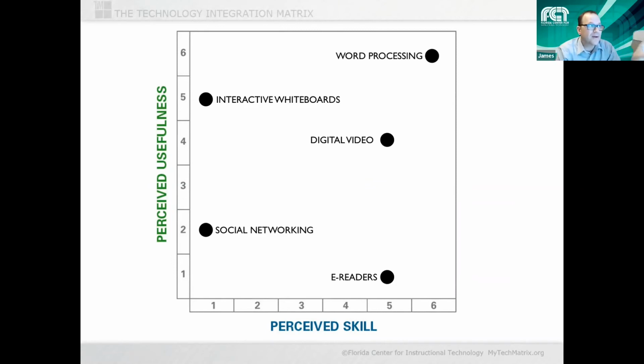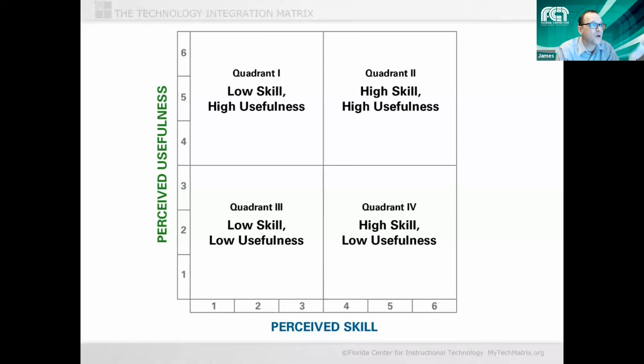Things that are nearer each other, like you have some sort of different zones that we talk about, quadrants of this graph, so that if something is in quadrant 1, it means that it's high in perceived usefulness for that teacher, but that teacher says they are low skill. So that's something where that teacher is ready for professional development on that technology, because they think it's important, but they don't know how to use it at all,